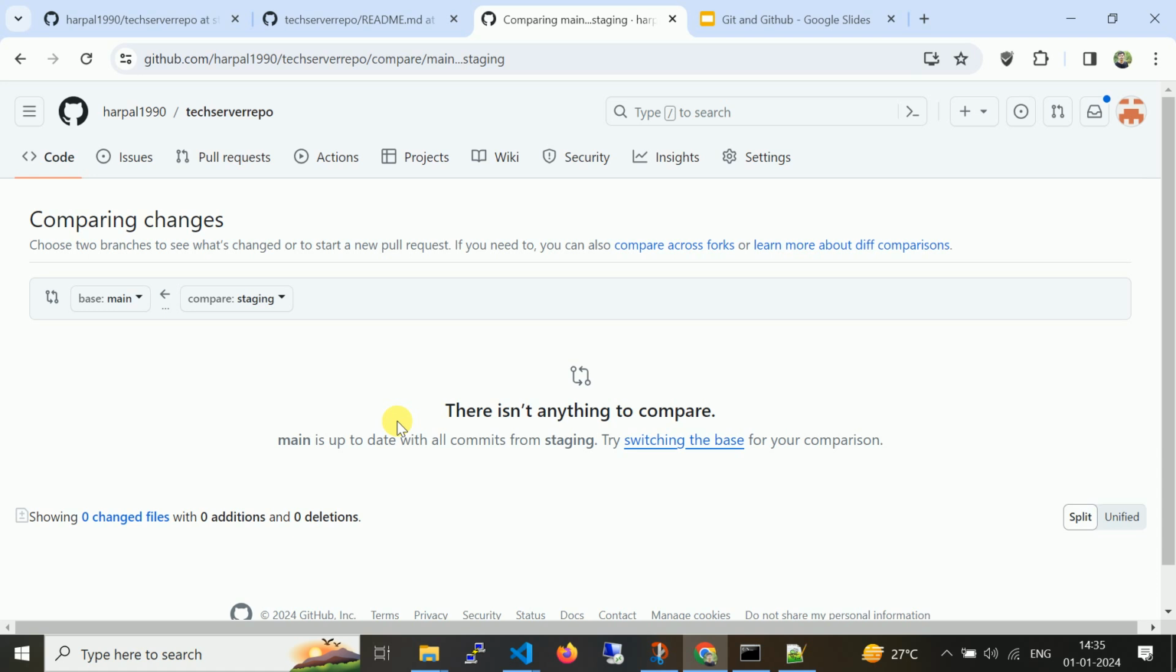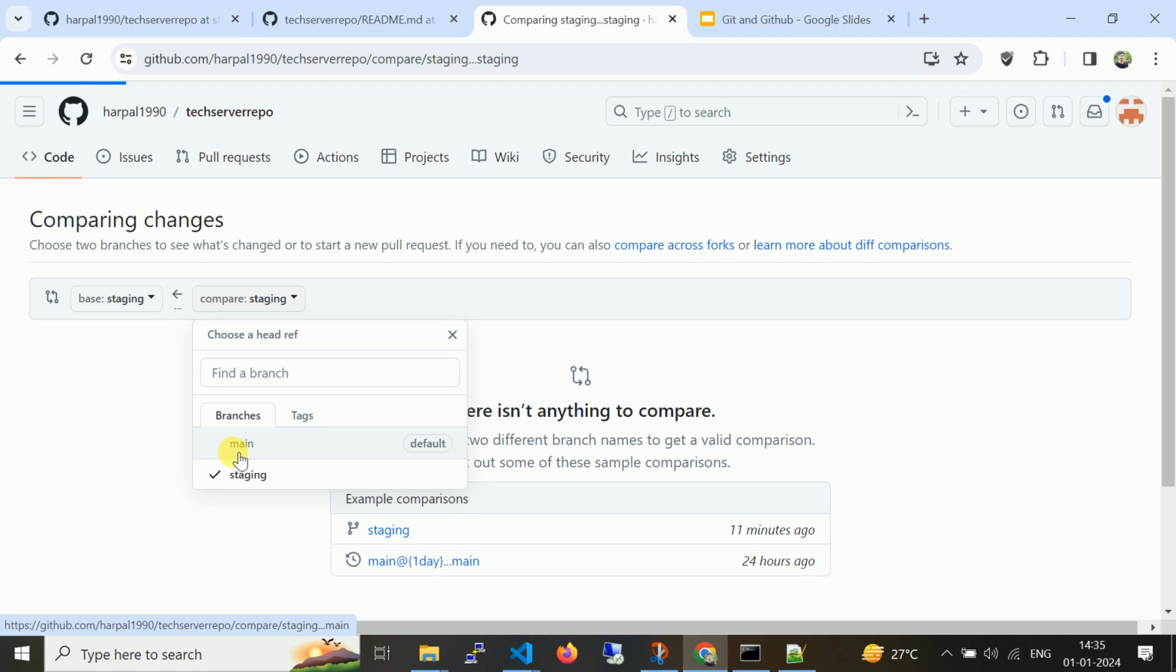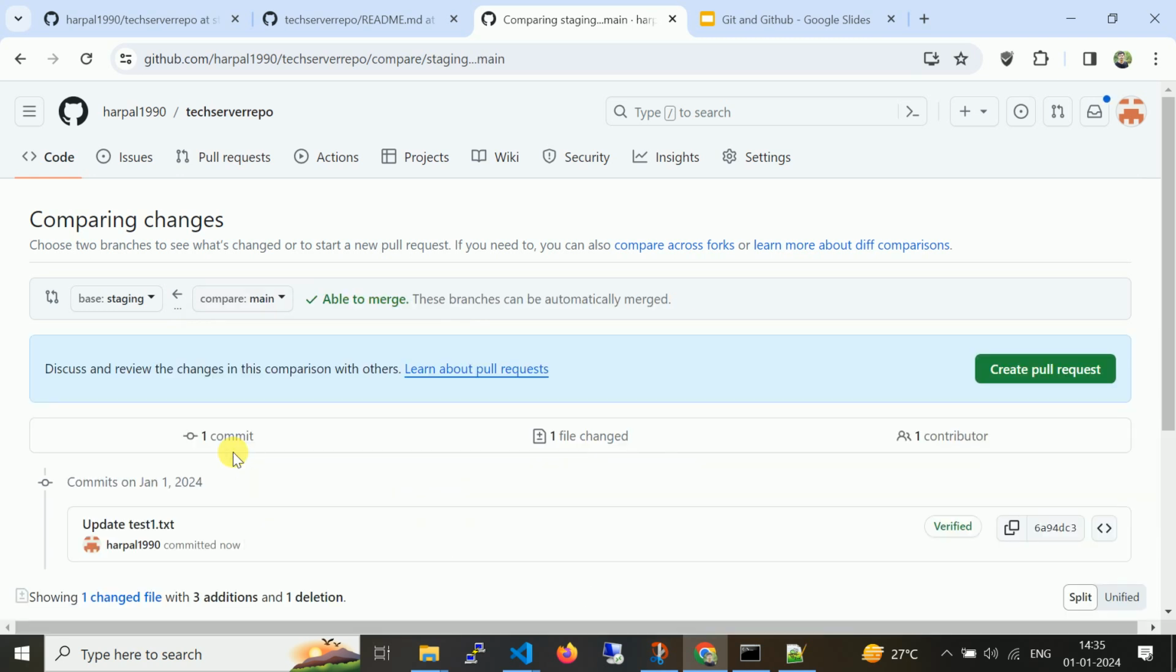So here you can see there is no changes, but let me change to staging and compare it to main. There is one file updated on the main branch. So whenever you create a pull request, make sure you understand the base and the compare branch. Okay, so let me create pull request,